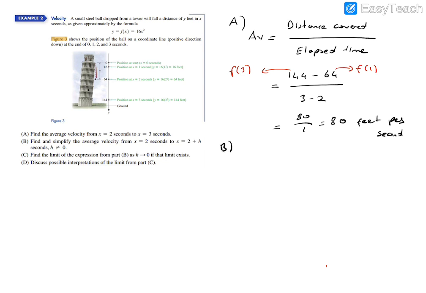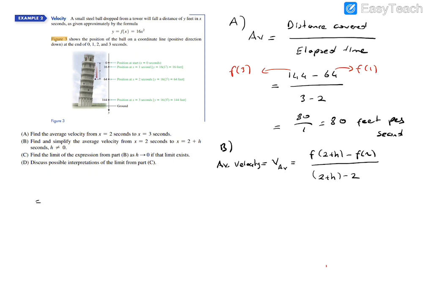In part B, find and simplify the average velocity from x equals 2 seconds to x equals 2 plus h seconds. Here h is different than 0. So the average velocity equals, maybe you can denote it by v average. Okay, so this is f of 2 plus h minus f of 2 over 2 plus h minus